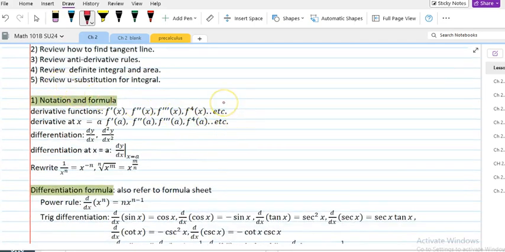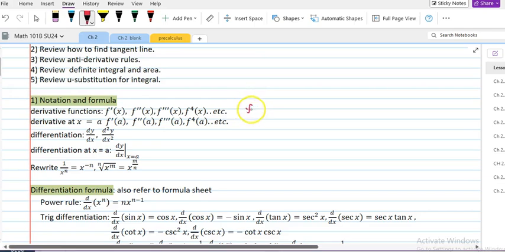So Calculus 1 has two main topics. One is derivative, the other is integral. So we are going to talk about the derivative notation. If you are given f of x, the derivative function is f prime of x, the second derivative is f double prime, the third derivative is f triple prime, the fourth derivative is f to the 4 of x, etc. And technically, you can have f to the n, where n is an integer,